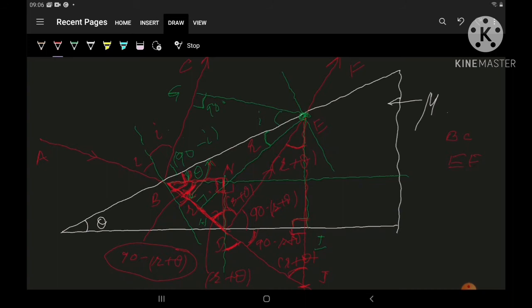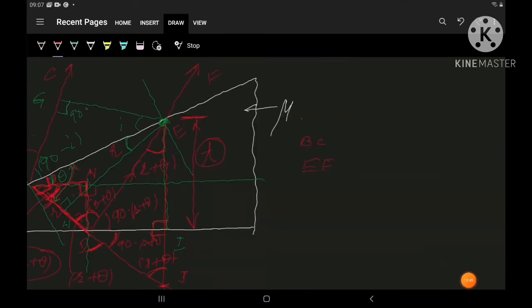So in this figure, now the figure has been completed. Here all the angles given in the figure will be used. Let us suppose the last thing in the figure: the thickness of the film at point E is small t. So small t is the thickness of the film at point E.